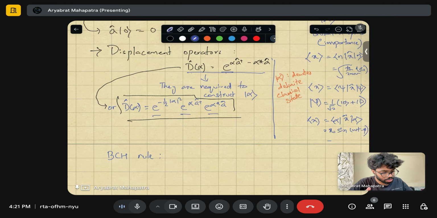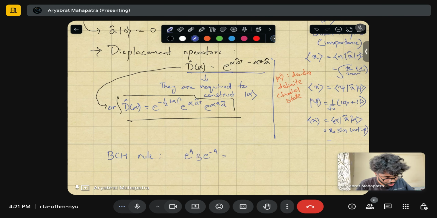That is done through this BCH property or BCH rule. This rule says that if you have exponential A, then B, then exponential minus A, you can write this where A,